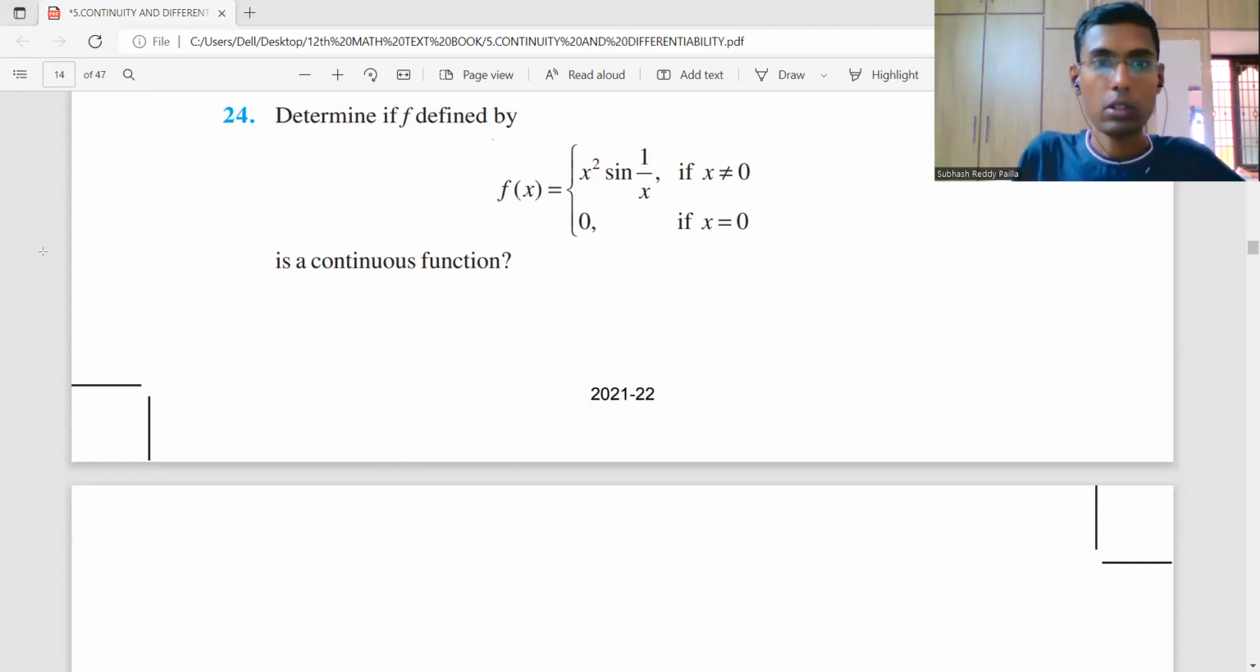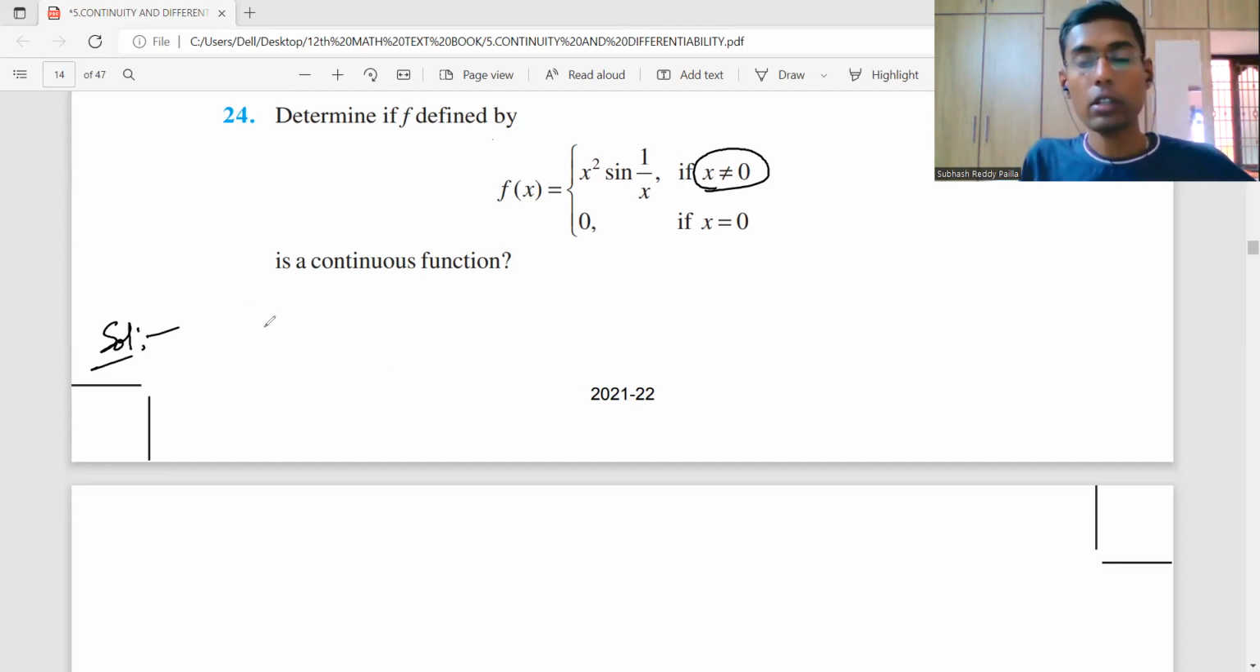So 24th is this. Here, determine if f, defined by this, is a continuous function. So we have to discuss the continuity of this function, right? Where do we need to discuss? At 0 we need to discuss, because